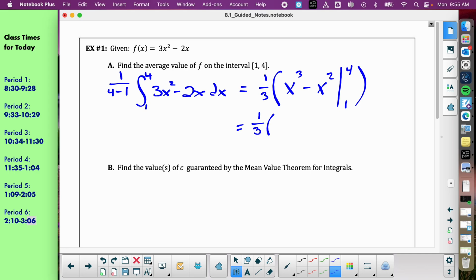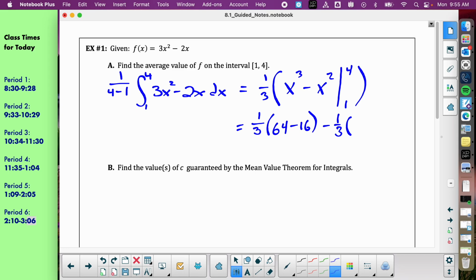How do we do the 4 and the 1? That's what I was hoping you could tell me. Then you just plug it in. Yep. Which number first? Plug in the top one first, so 64 minus 16 minus, I literally just did exactly what I said I didn't want to. And then plug in the 1 last. I should have asked you this part, but subtract.